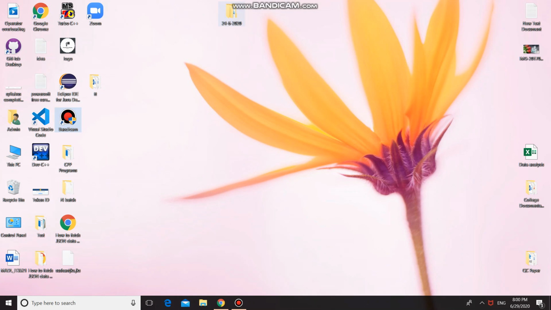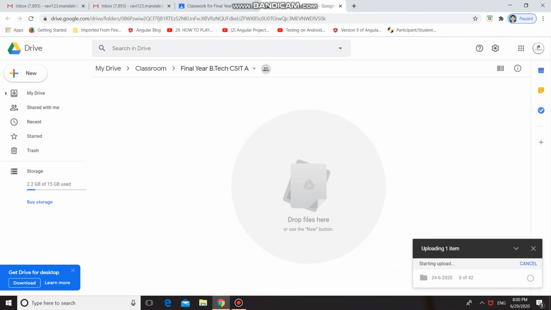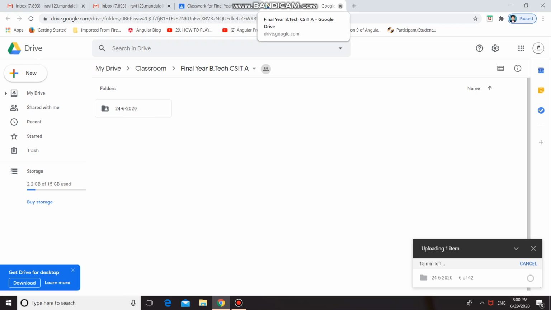Suppose I want to drag and drop this folder, I can directly drag and drop it over here in this classroom, final year BTech CSIT. So this folder or these notes will be visible to my students. Just close this.